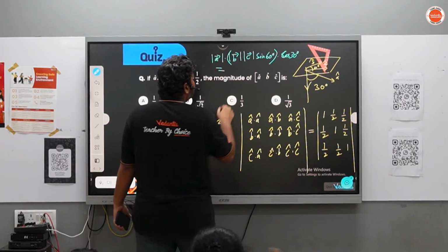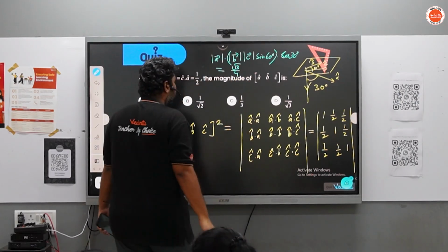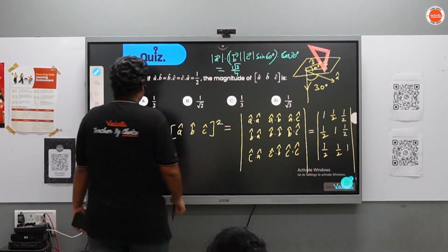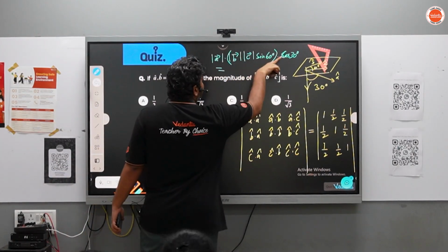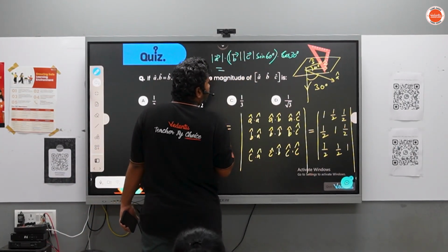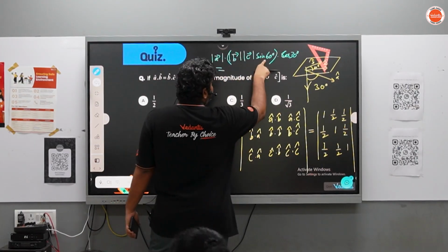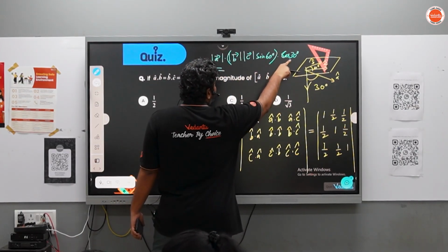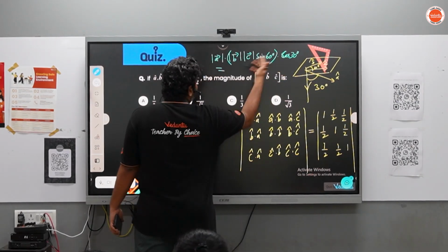Sin 60 into cos 30. Sorry. Yes, 1. 1. Sin 60 is root 3 by 2. Cos 30 is 1 by 2. No, root 3 by 2 again. Both are root 3 by 2. So,